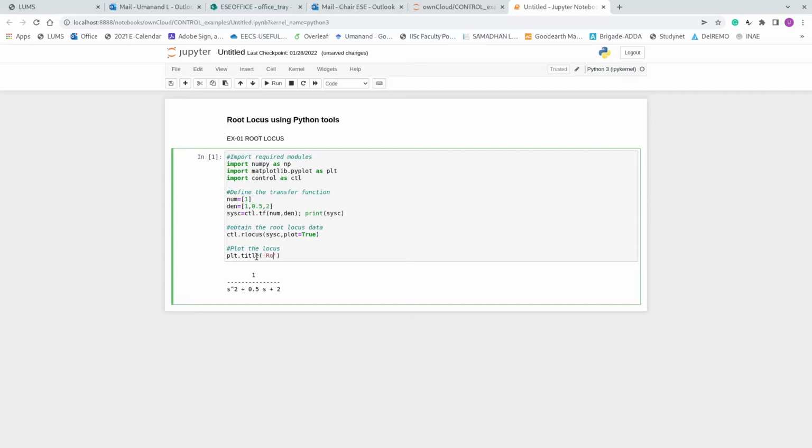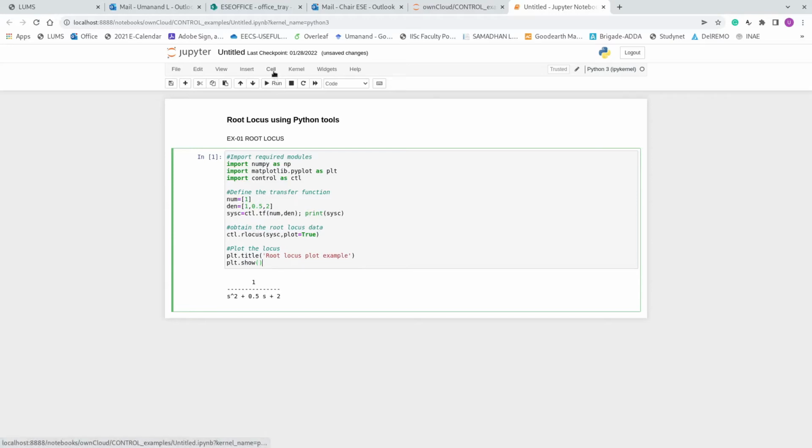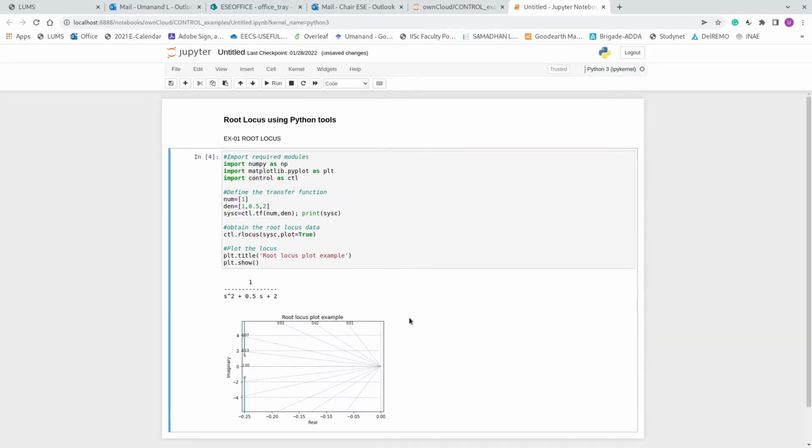So let us say root locus plot example, something like that, and let's say plt.show. So let us run this. Go to cell, run cells, click on that. So you will see a plot coming up.